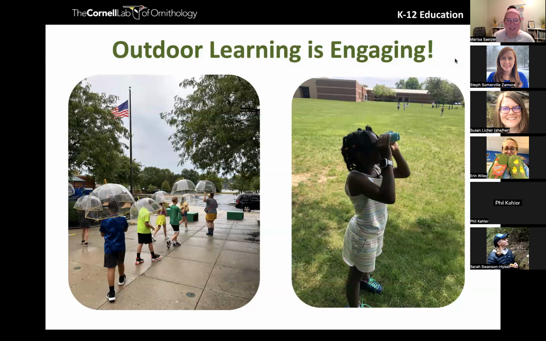They know what's expected. So we have binoculars, we have these awesome bubble umbrellas, because when it's raining outside, a lot of times everybody goes inside, but that's when really cool things are happening outside. A lot of kids haven't seen things, and they had a lot of wonders about what happens when it's raining because they miss it all the time. They're inside. So it's been really cool to help them see the outdoors in a different light. And one more slide, Steph.